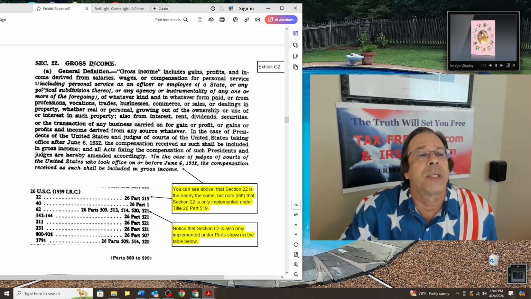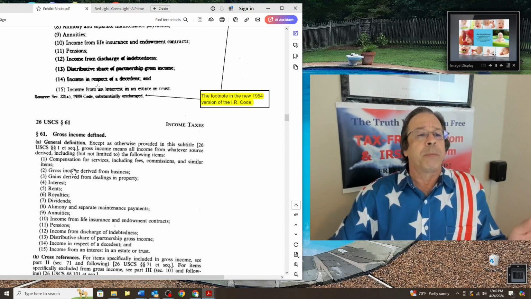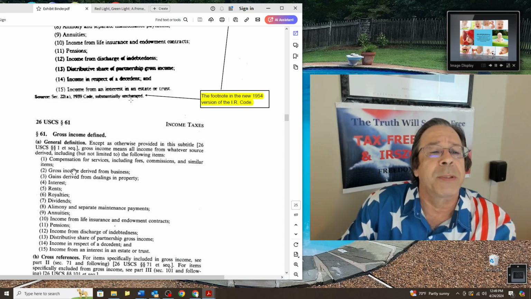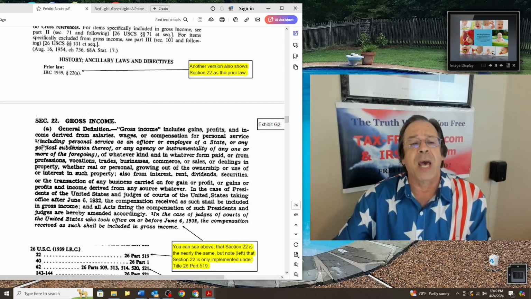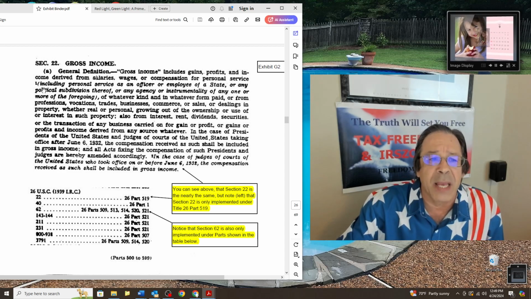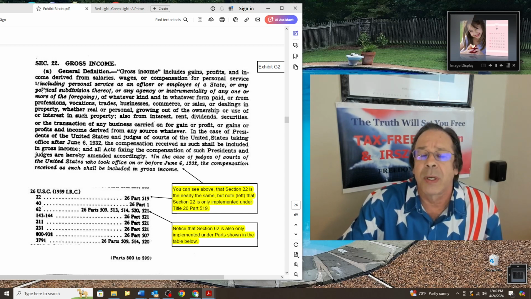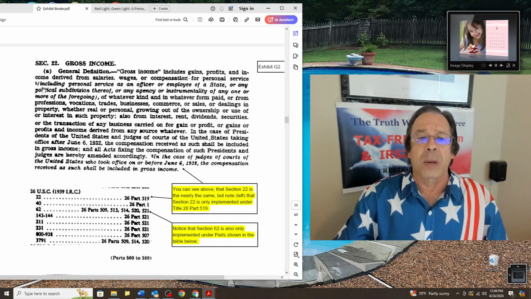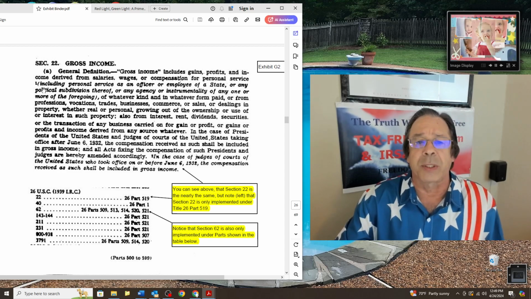Section 22, gross income. General definition, gross income includes gains, profits, and income derived from salaries, wages, or compensation for personal service. Well, hold on. The footnote up here said 22A was adopted substantially unchanged. But right out of the gate, we find they took salaries and wages out of the code section. 22A contains salaries, wages, and compensation, all 3 distinct forms, just like in 1441, when earned by a non-resident alien, all 3 distinct forms were taxable: salaries, wages, and compensation.